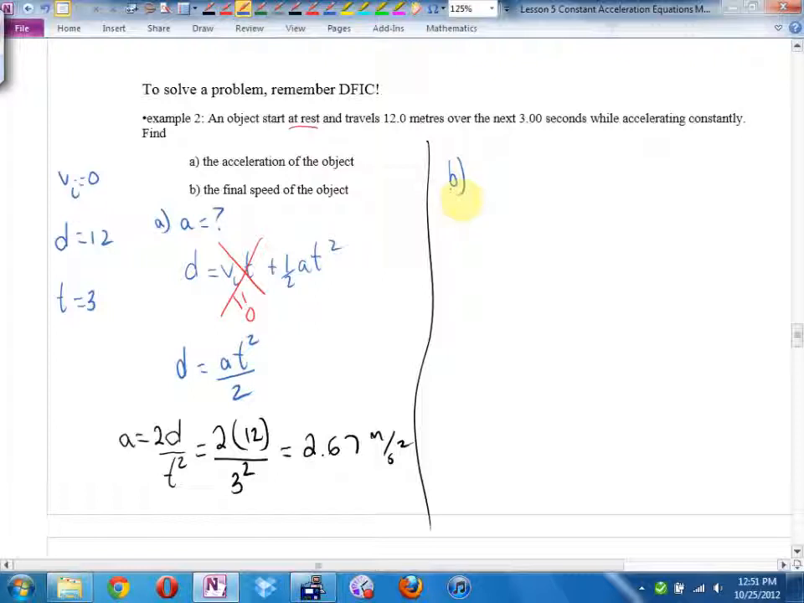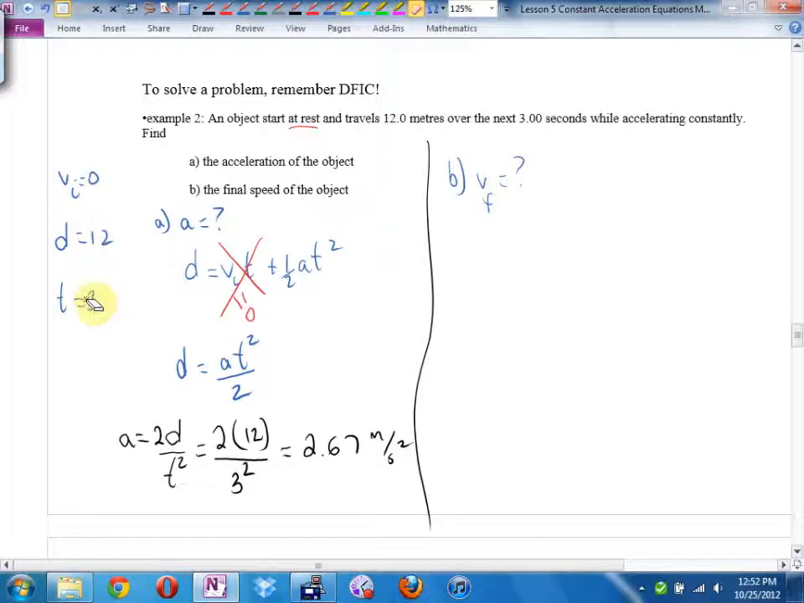B. Enzo, what do they want me to find in B? Hey, what was that in our symbols? How do we write that? I'll give you a hint. It involves a V. Yes. VF equals question mark. Now, I'm looking for an equation that has VF,